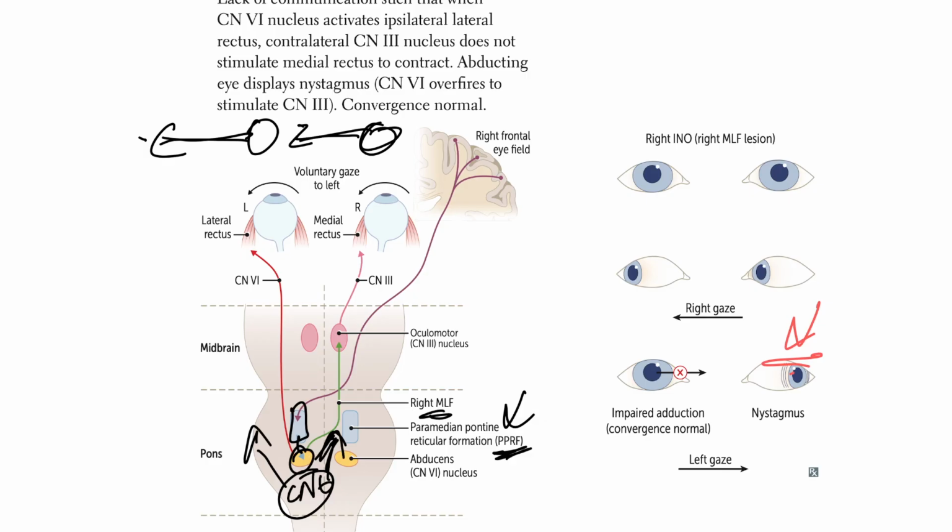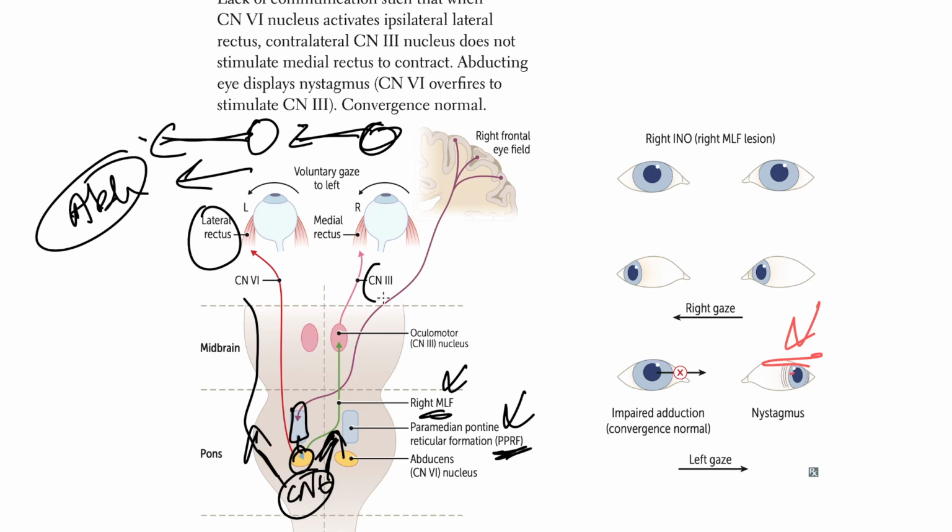it's going to go into the medial longitudinal fasciculus, and it's going to directly go into the lateral rectus, and that is going to cause abduction in one eye, and the other eye through CN3 is going to cause the medial rectus to move medially, so that both eyes can look towards the same direction, right? If you knock this MLF down, now what's going to happen is the CN6 will work on its ipsilateral side,